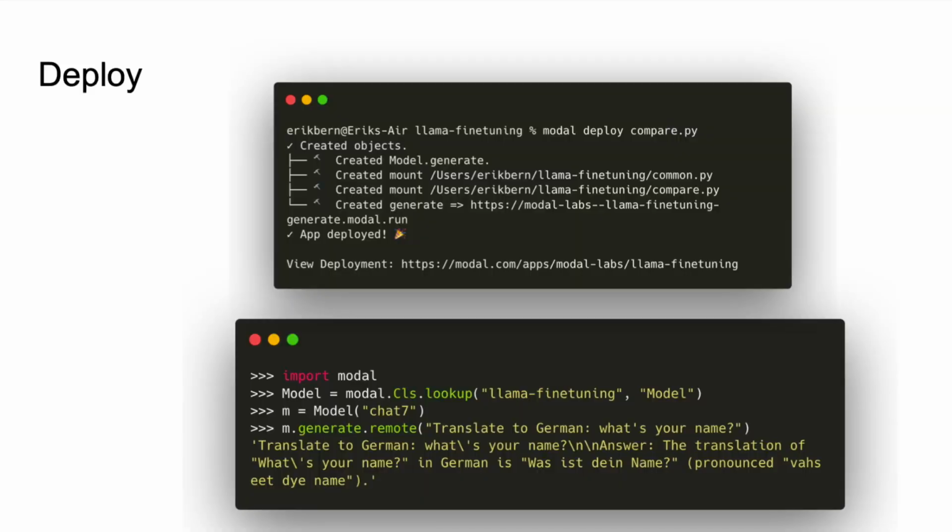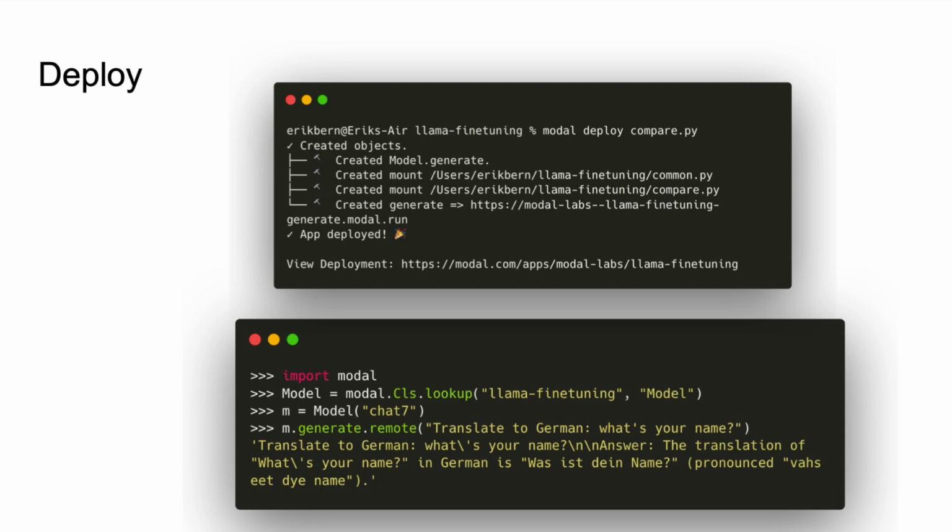I do want to point out Modal is not an API for fine-tuning. Modal is a cloud. We're a cloud platform. We run arbitrary code, and in the same sense as cloud vendors, we charge you per usage. So you deploy your code to Modal, and then we charge you per actual GPU second or CPU second, right?